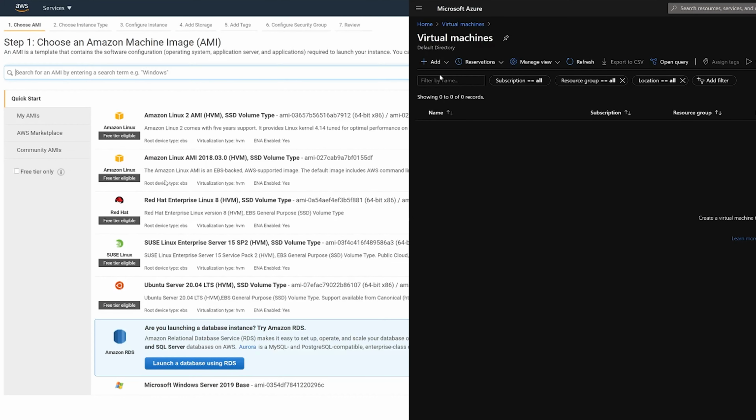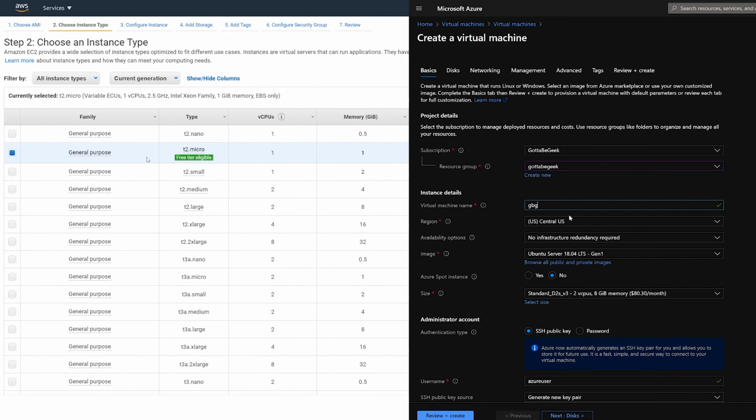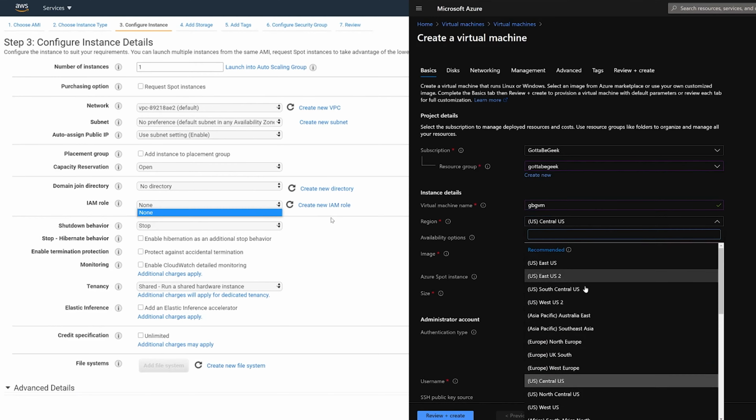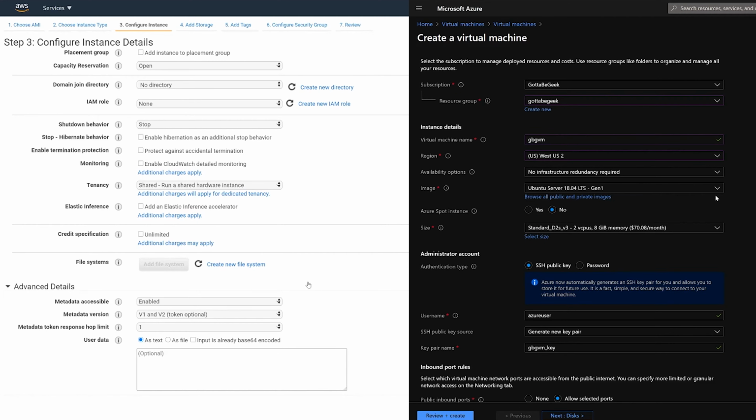One being that during build and setup, AWS doesn't allow you to choose a name for your virtual machine. You can only distinguish the different ones by using resource tagging. You can also use resource tagging and everything in Azure, but the added benefit being that for virtual machines, you can just give it a name to distinguish them from one and from the other.